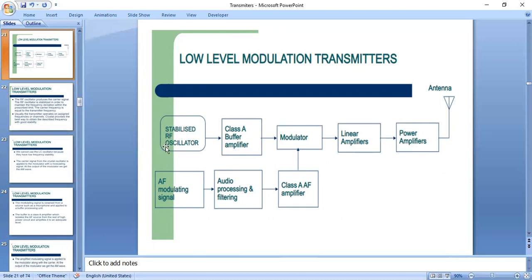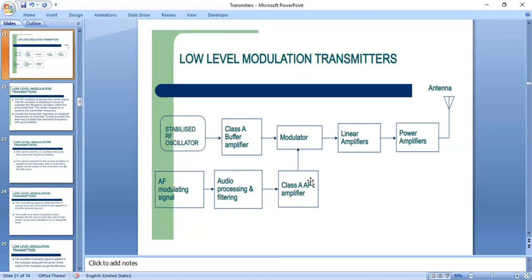Here the RF signal, meaning the carrier signal, will be generated from the RF oscillator. In order to maintain the frequency deviation within the limit, the carrier frequency is equal to the transmitter frequency here. So for every transmitter we have a transmitting frequency. Here the carrier frequency will be equal to the transmitter frequency, and after that this modulating signal will be